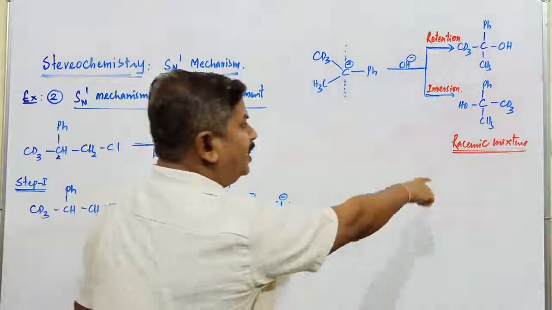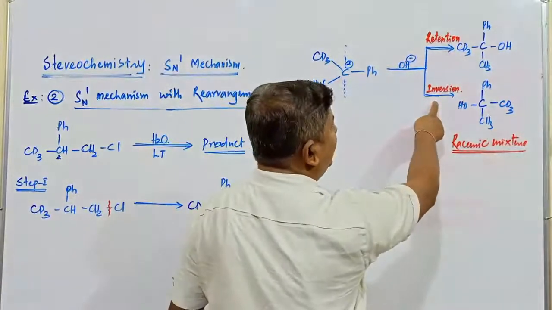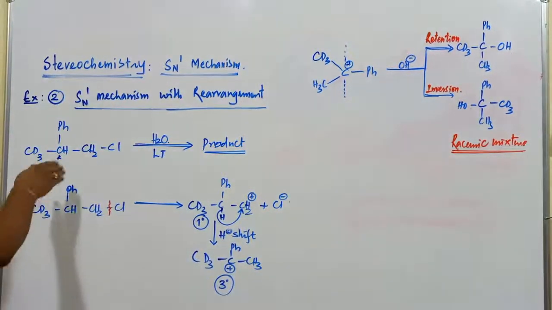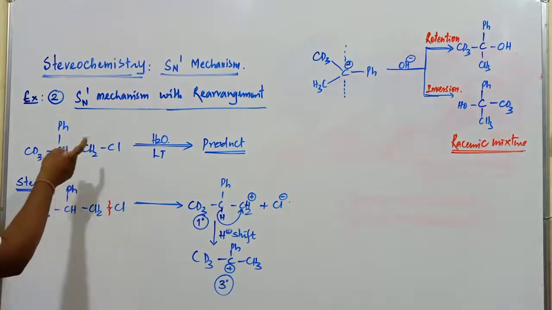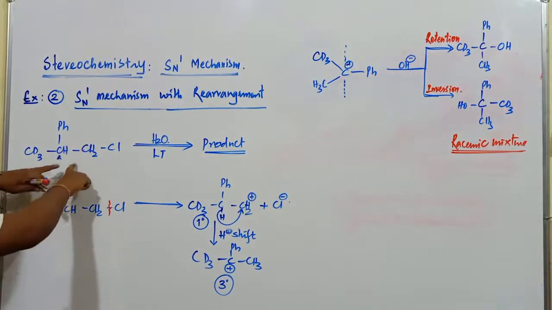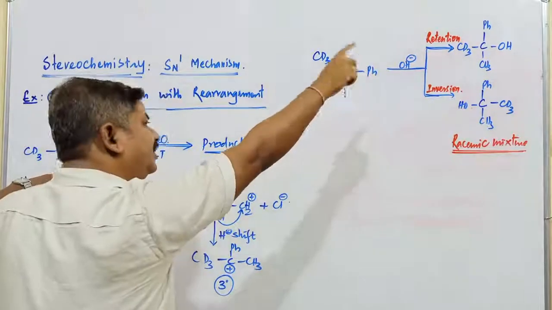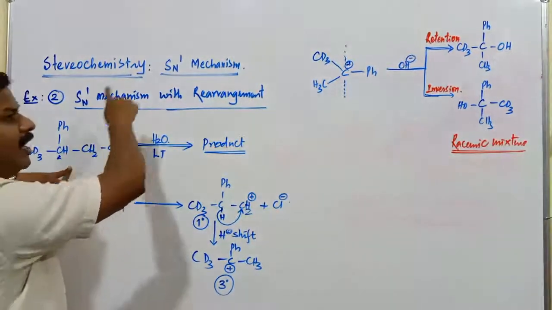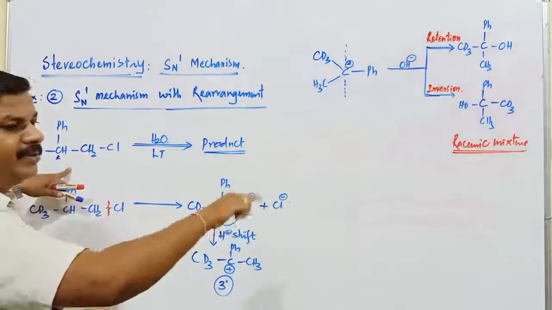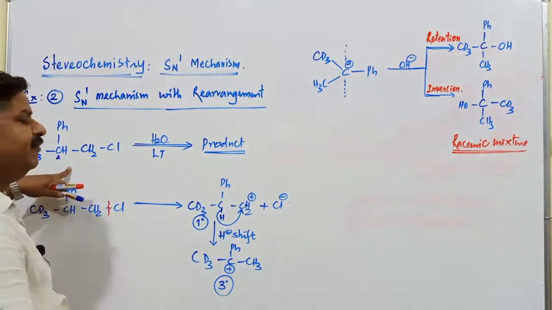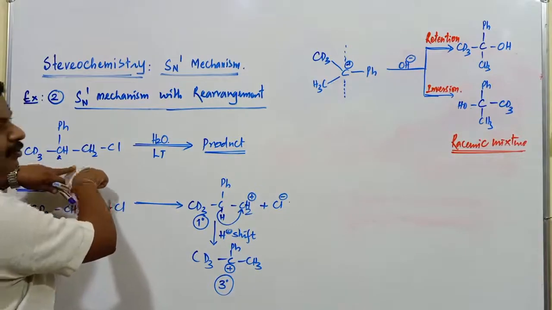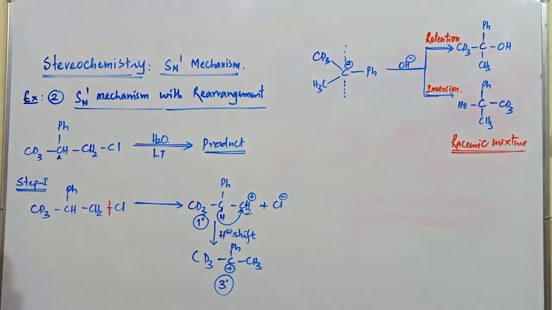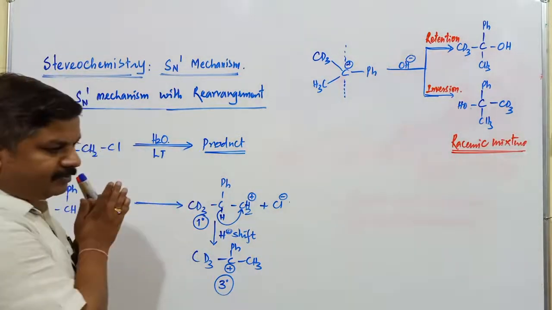Here also the percentage of inversion is always greater when compared to what? Percentage of retention of configuration. You can identify with respect to this molecule whether it is having S or R. If it is S, retention of configuration is also S, because S into S is retention. If this is found to be R, retention is also R, because R into R is also retention of configuration. Suppose if this is found to be S, this should be R, because S into R is commonly called as what? Inversion of configuration.